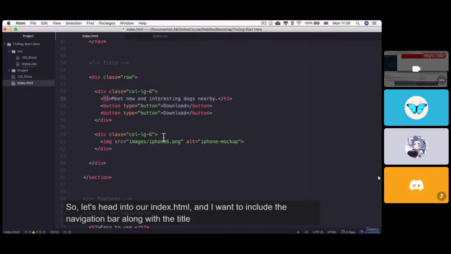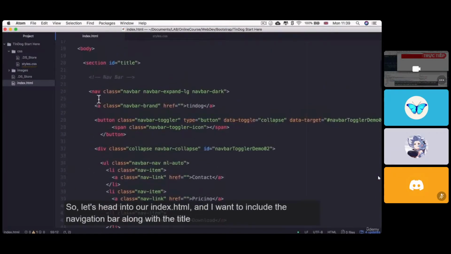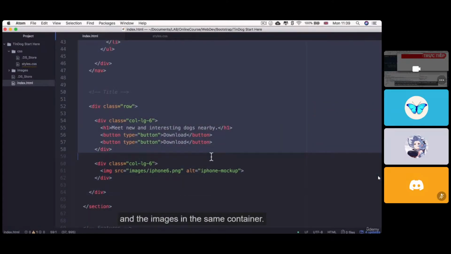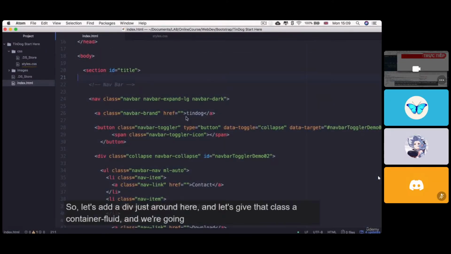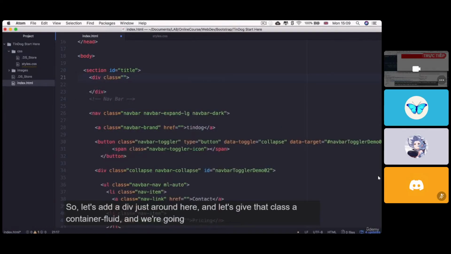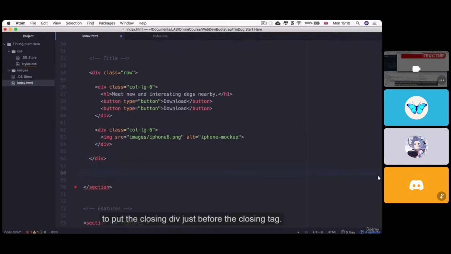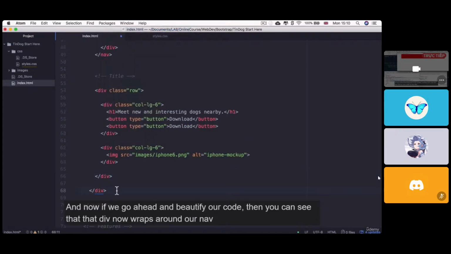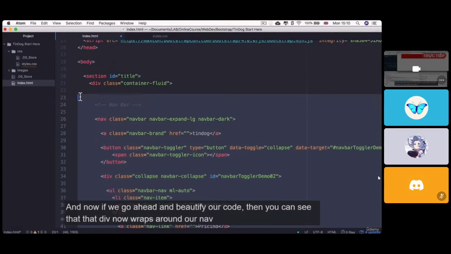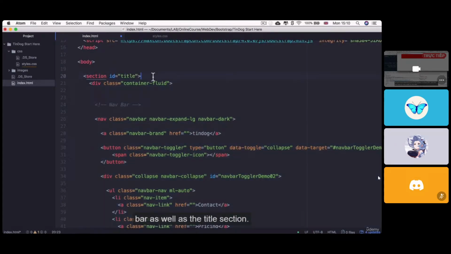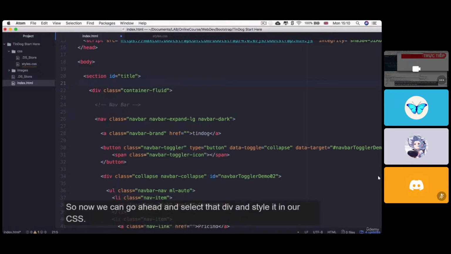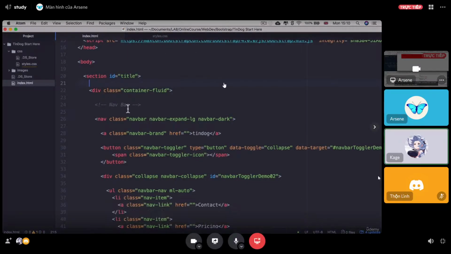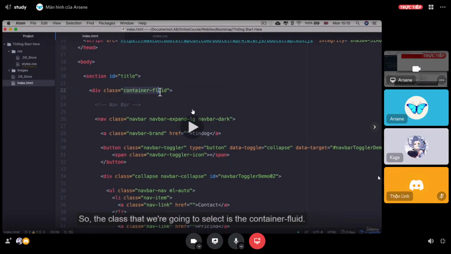So let's head into our index.html, and I want to include the navigation bar along with the title and the images in the same container. So let's add a div just around here, and let's give that class a container-fluid. And we're going to put the closing div just before the closing tag. And now if we go ahead and beautify our code, then you can see that that div now wraps around our nav bar as well as the title section. So now we can go ahead and select that div and style it in our CSS. So the class that we're going to select is the